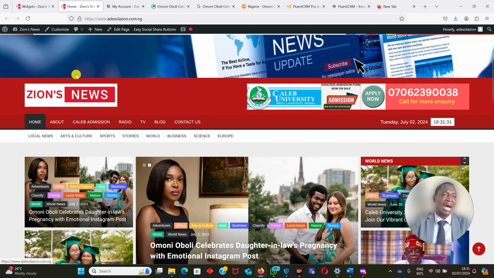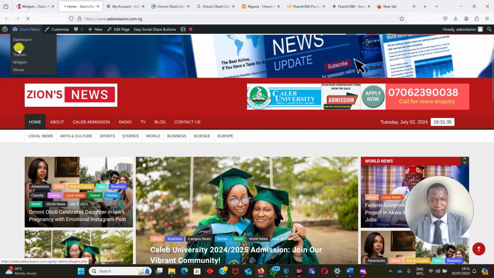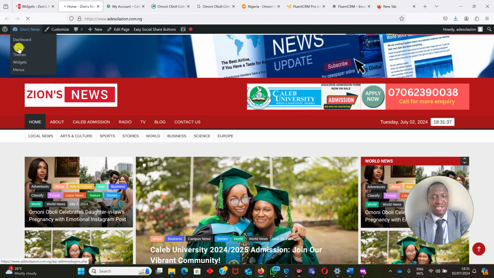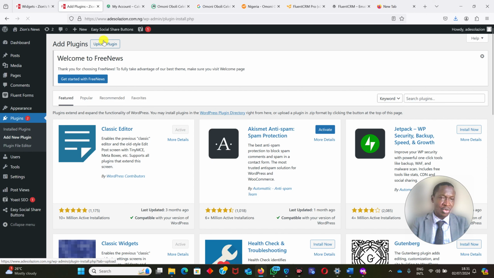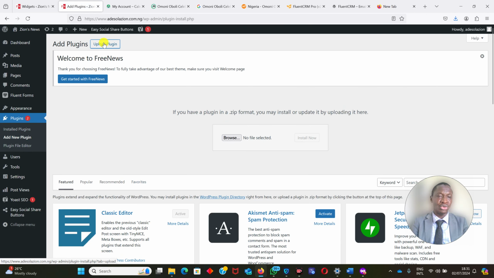So let's come now to what we need to do. I come here, and of course, I want to go to plugins, like I've been doing and you have also been doing. Plugins enable you to add other functionality to your site. So I want to install. The one you will install will be on your portal. You will download it on your portal. You are not going to install this particular one from the